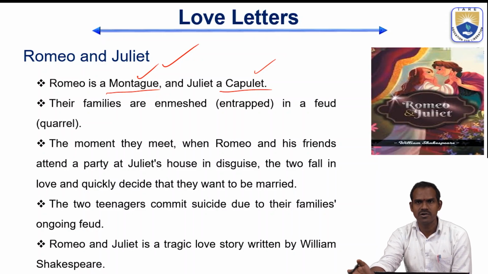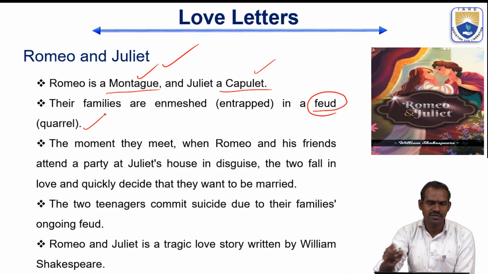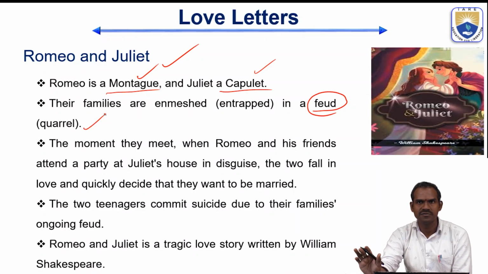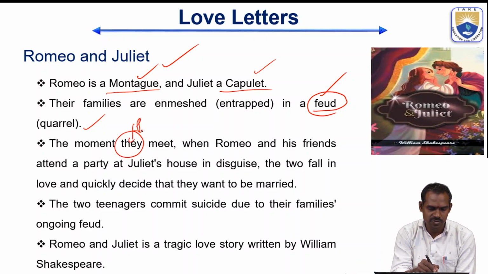Like you, we have our family names, right? So Montague is the family name of Romeo, and Capulet is the family name of Juliet. Their families are entrapped in a feud, which means quarrel. Their families are not on friendly terms. Their families have certain issues and they quarrel. That is what is technically called a feud. The moment they meet, Romeo and Juliet,